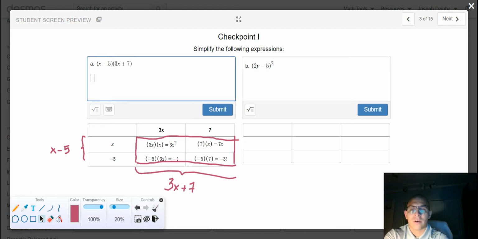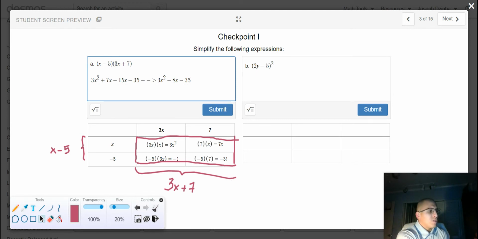We're going to type in our math font. We'll have 3x to the second power plus 7x minus 15x minus 35. And make sure that you simplify and combine your like terms. So, oops, I have a cube here. Minus 8x minus 35. Right, and like I said, if FOIL is the way you want to go, double distribution,